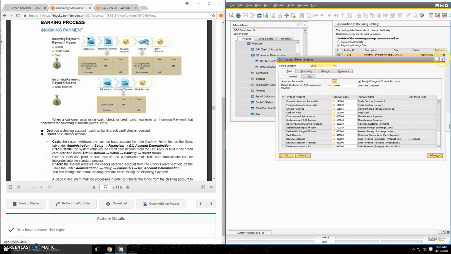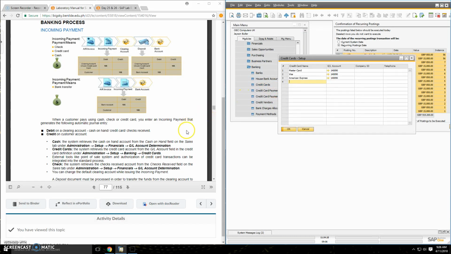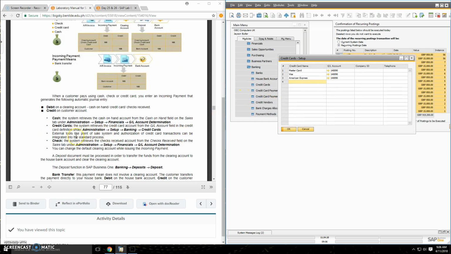So in the credit cards, the system retrieves the credit card account for the GL account paid in the credit card under administration. So administration, setup, banking, and credit cards. The external tools like point of sale system and authorization of credit card transaction can be integrated into standard